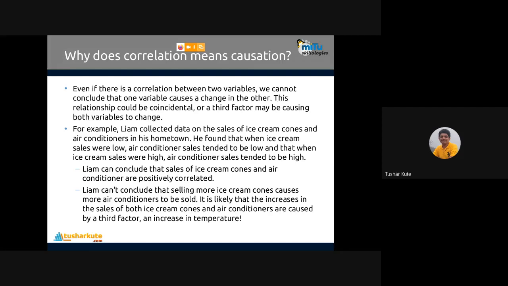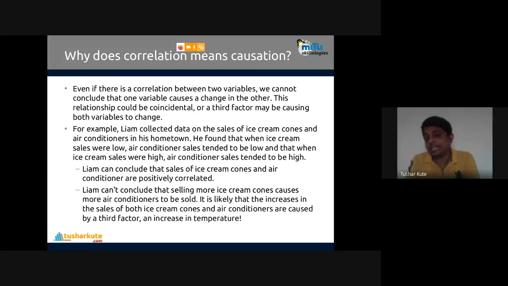But if you think logically, okay, is it fine? Ice cream sales are low, air conditioner sales tend to be low. Ice cream sales and air conditioner sales, can they be dependent on each other? Can it be dependent? No, not actually. Okay, low and high, something like that. So if you find the correlation between ice cream sales and air conditioner sales, you can find a good correlation factor. 90% correlated. 90%, 0.9 is the Pearson correlation. If it is given, it's okay. They can find that by using ice cream sales. You can find the air conditioner sales also, because they are correlated with 90% by the Pearson correlation formula.